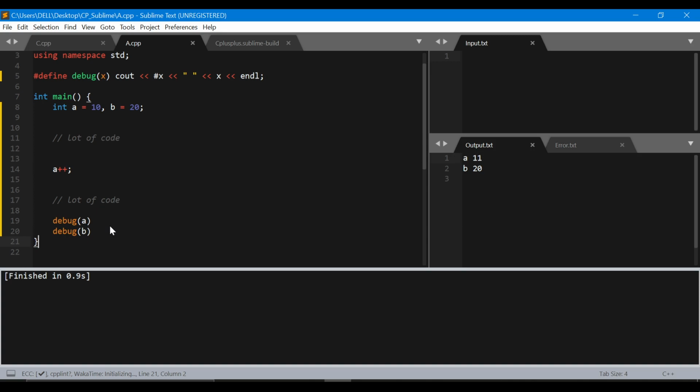By simple variable, I only mean an integer, a long, or let's say a string or a character. You cannot send a vector or an array to this function and expect to get the same result. We'll be coming to that part where we will be debugging vectors, arrays, maps and sets. But for now, you already have your own debugger. You can send any variable to it and it will print out the name of the variable along with its value, right? So let's test it out with a string a1 equals asdf, and let's do debug a1. So let's remove this.